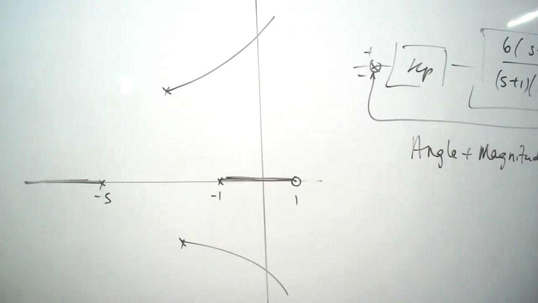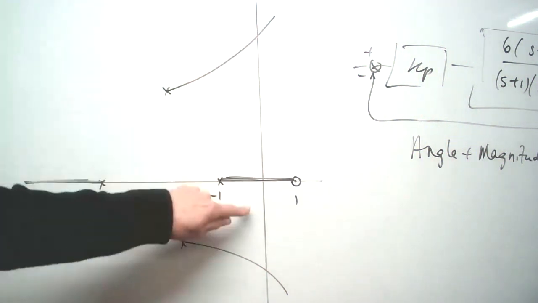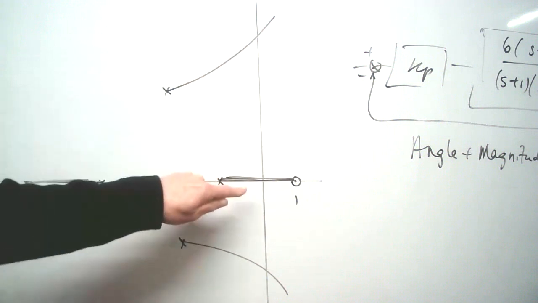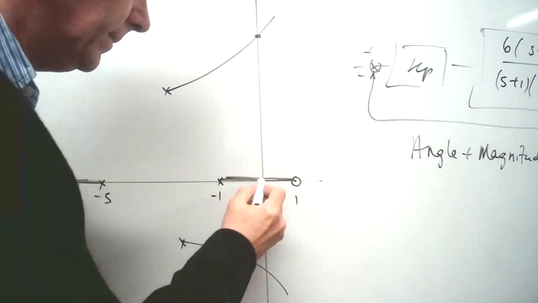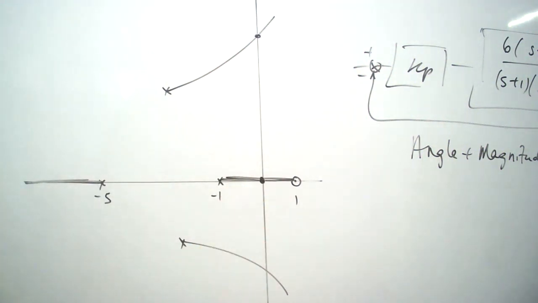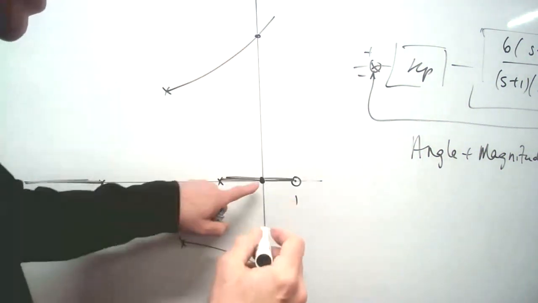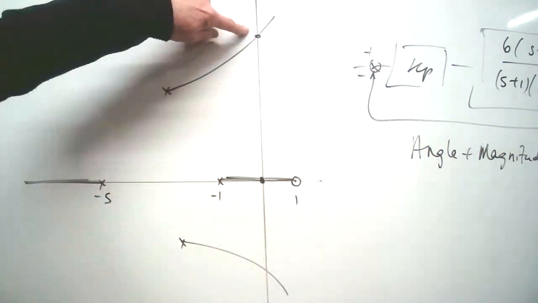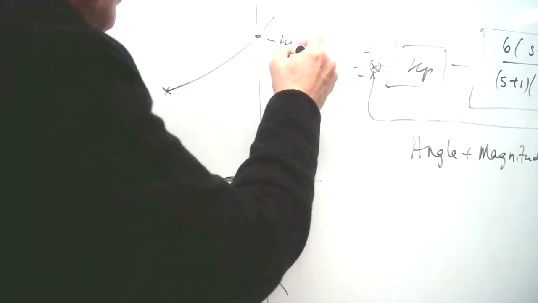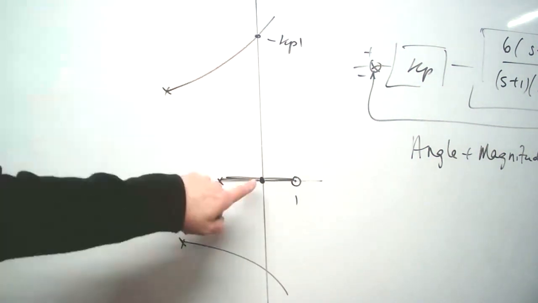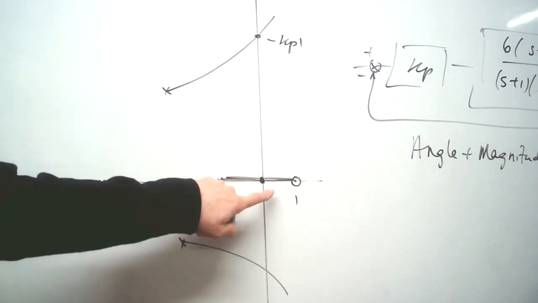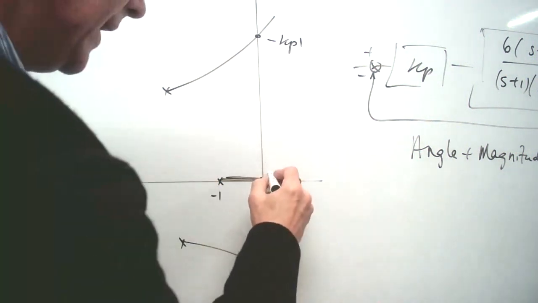Now, the interesting thing about the sketch now is this. Any point where the root loci crosses this line, it can go unstable. So it crosses it in 2 places, here and here. So we need to figure out where this point is, and that will give us a KP1. So we'll figure out where that point is and what the gain is, and also figure out where that point is because it's at the origin. And we could work out a gain here,